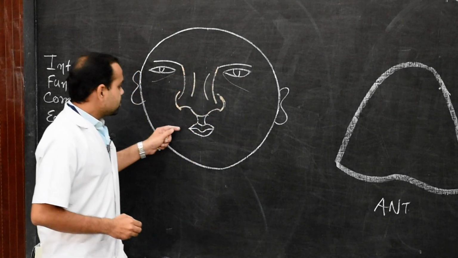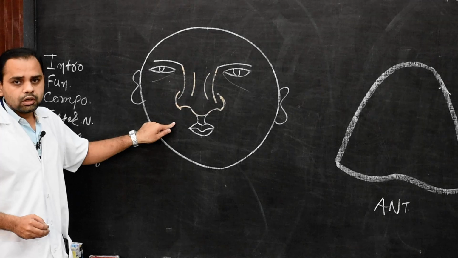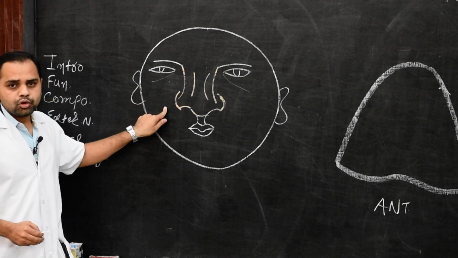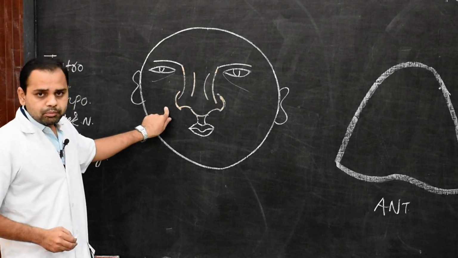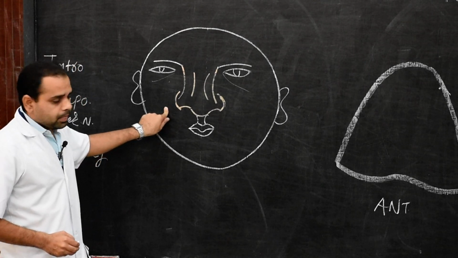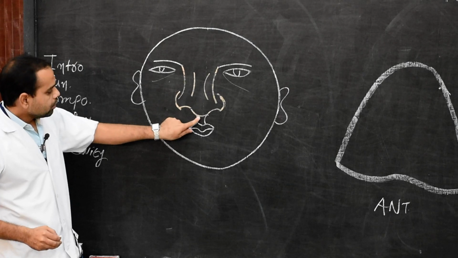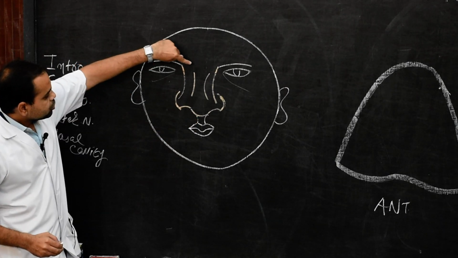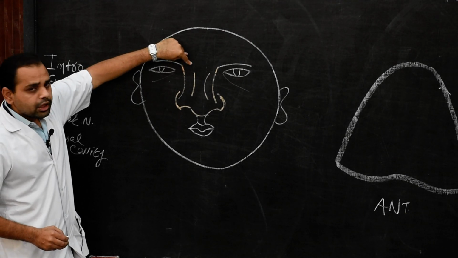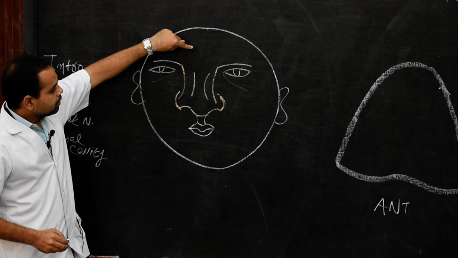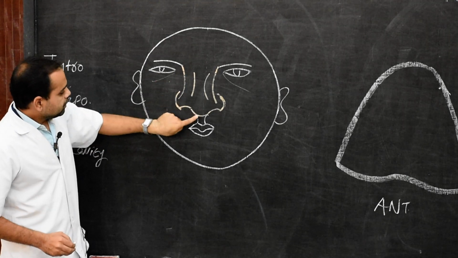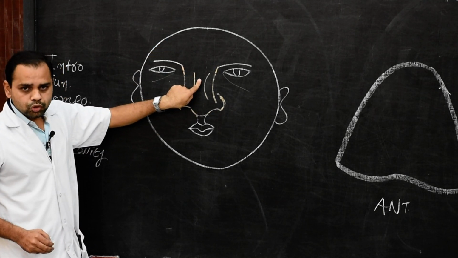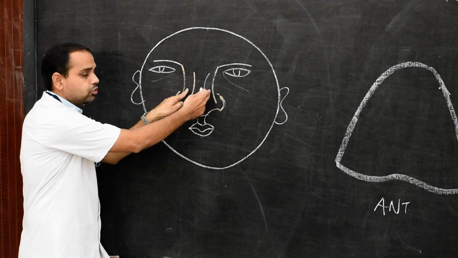Now this diagram shows the features of the external nose. External nose, as you can see, is pyramidal in shape. It is a projection, pyramidal in shape, on the middle of the face. It consists of the tip portion, that is the anterior free end of the nose. Then second is the root portion, that is the upper narrow end of the nose, which continues with the forehead. Between the tip of the nose and root of the nose, the rounded border is known as the dorsum of the nose, which is continuous with the side of the nose.